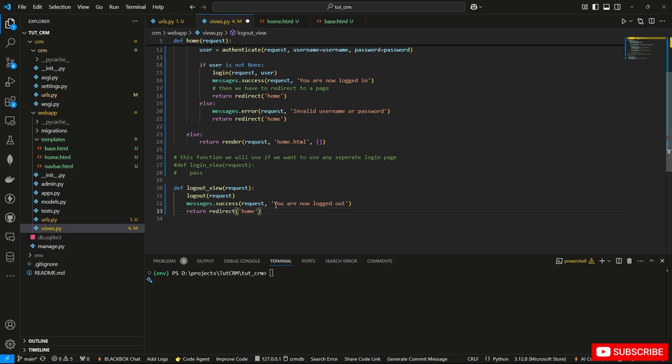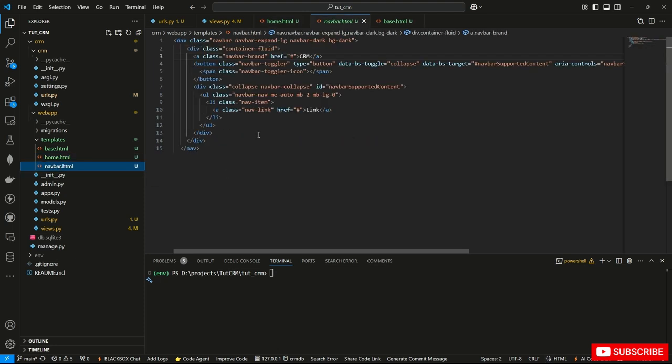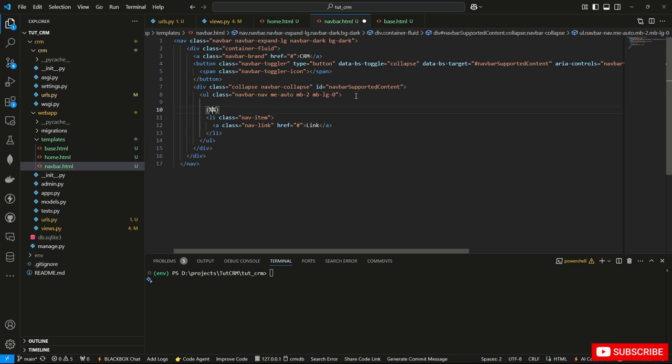So, our logout in the views.py file is done. It's pretty simple, right? Now, we need to go to the navbar.html page because here we need to integrate the logout feature. Now, here we need to provide some logic. For example, if the user is already logged in, then the user needs to be shown the logout link to log out. So, to do that, we will first use the Django tag, and inside it we will have to